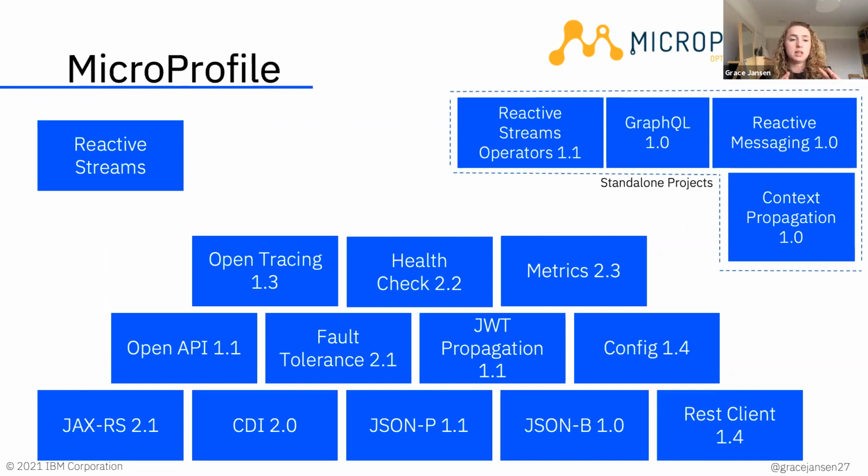And you can see here the APIs that they offer. The triangle at the bottom shows APIs that come as standard as part of the MicroProfile stack. The latest one out at the moment is MicroProfile 3.3. There is 4.0, but it is still in beta and hasn't been GA'd yet. The ones in the top right-hand corner are standalone projects. These standalone projects aren't yet part of the main stack, but they hope they will be later in development. We'll talk about some of those standalone projects later in this presentation.